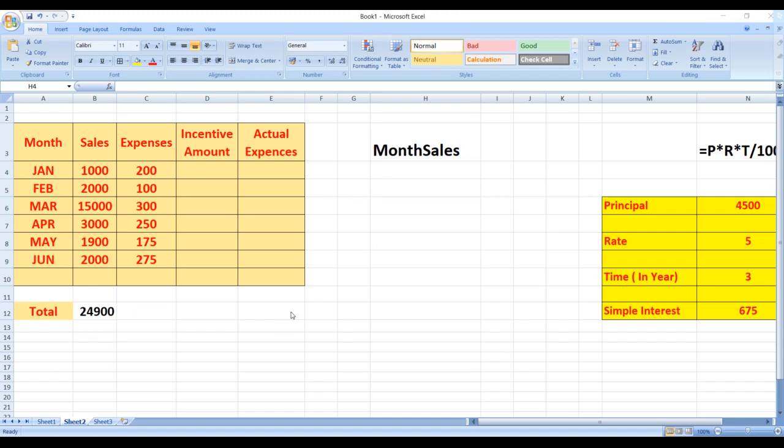Now, types of cell references. So there are three different types of cell references, that is relative cell reference, absolute cell reference and mixed cell reference. So relative cell reference is quite easy. So what is called a relative cell reference? When you create a formula, references to a cell or range are usually based on the position relative to the cell. So when you copy or move the formula to other cells, the cell reference automatically gets changed.